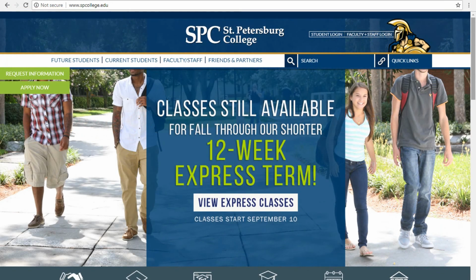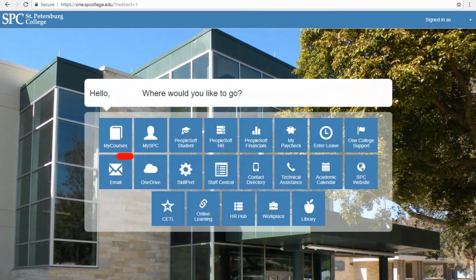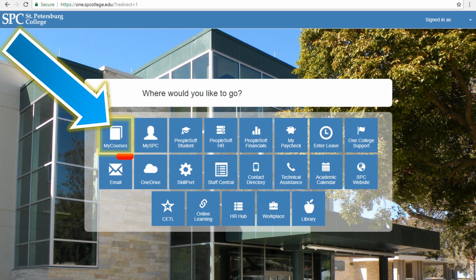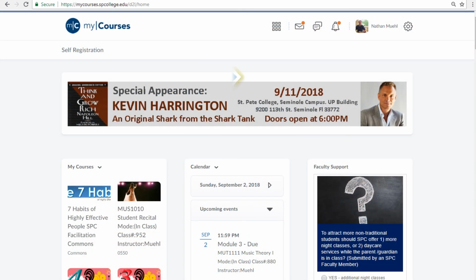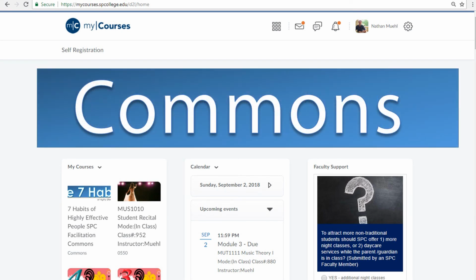First, log into My SPC via the Faculty Staff Login button on the spcollege.edu website. Now, click on the My Courses icon on the blue Tiles page. The courses you have access to appear in this area on the left. Because the 7 Habits is not a 4-credit academic course, we call it a Commons, but it will also appear